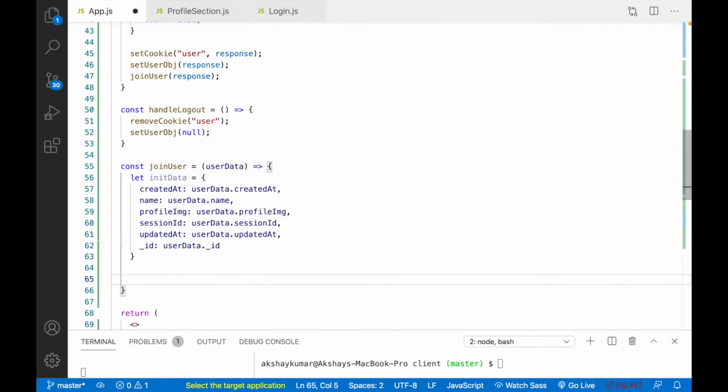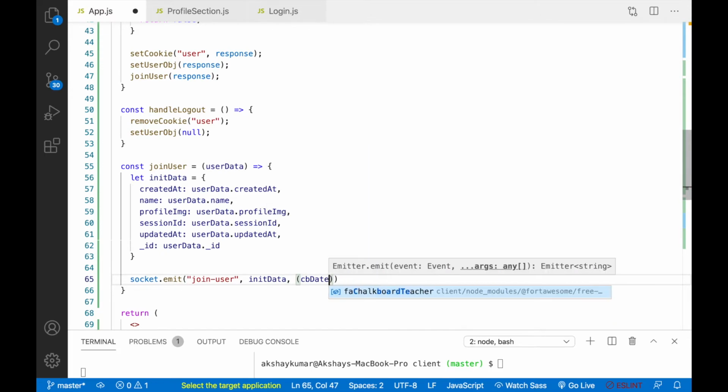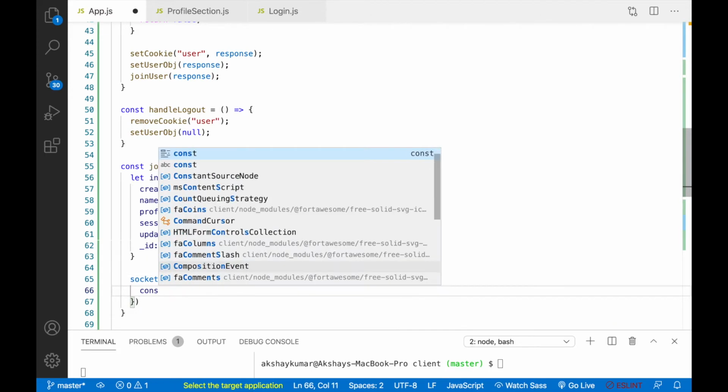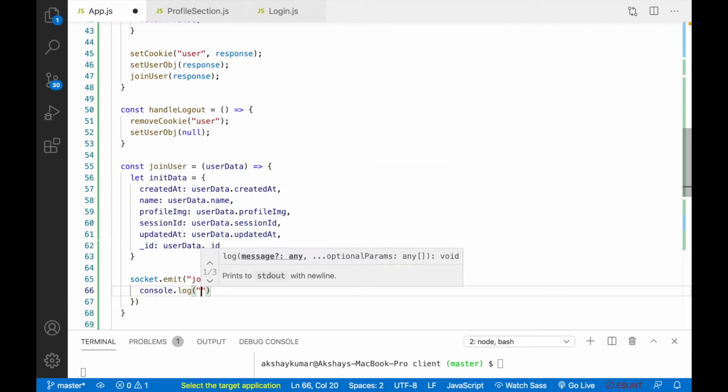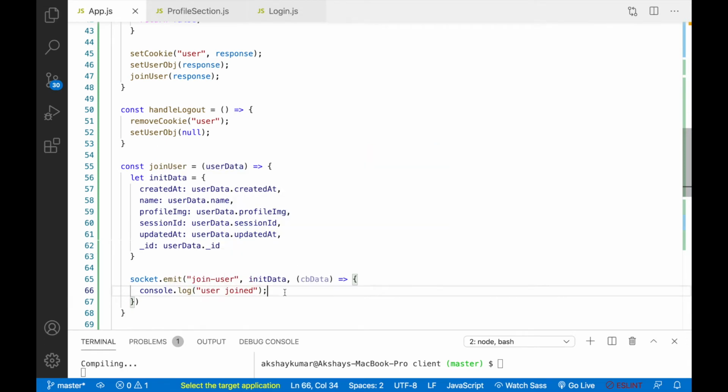After this we'll write socket.emit, we'll pass the event name, that will be joinUser, we'll pass the initData, and here a callback method. And here we'll just write console.log user joined.